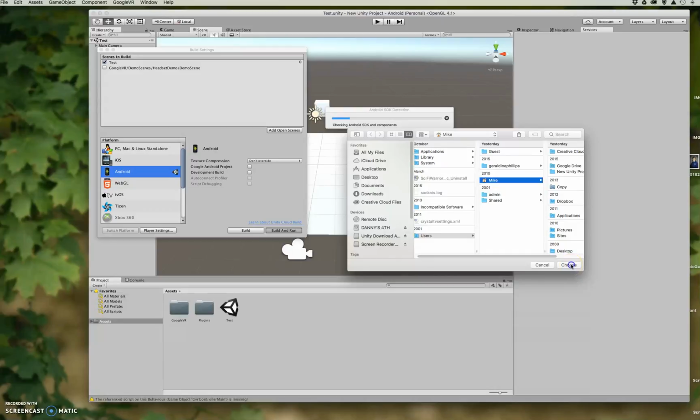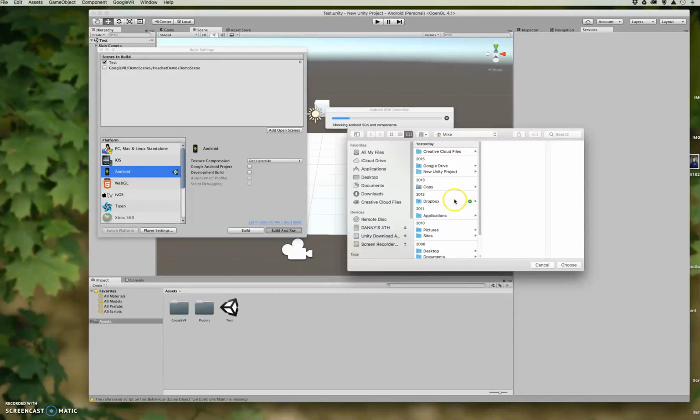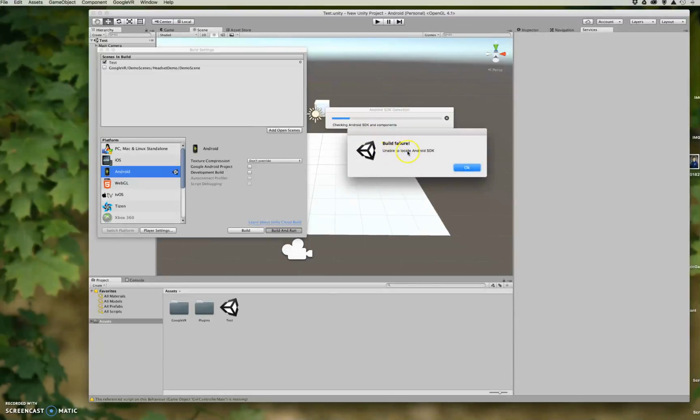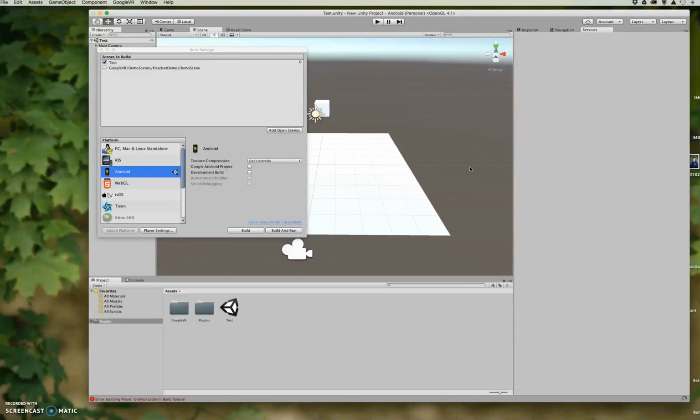I'm not entirely sure why it won't find it. Let's see if I can do it here. No. Anyway, yeah, it goes unable to locate the Android SDK, which it should be able to locate because I've imported the Google VR